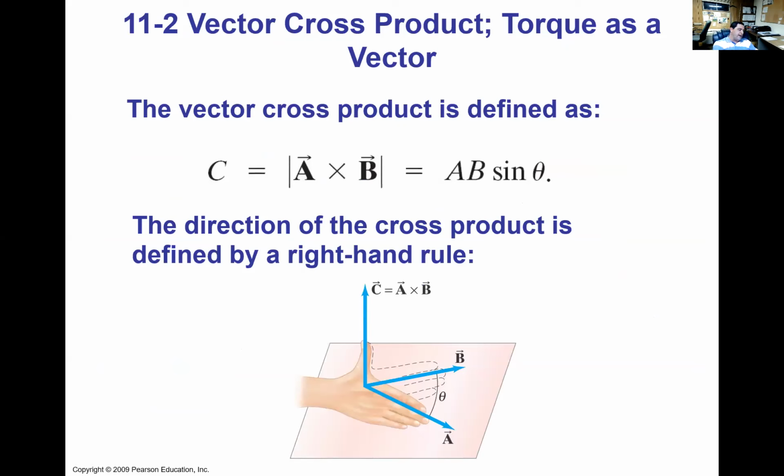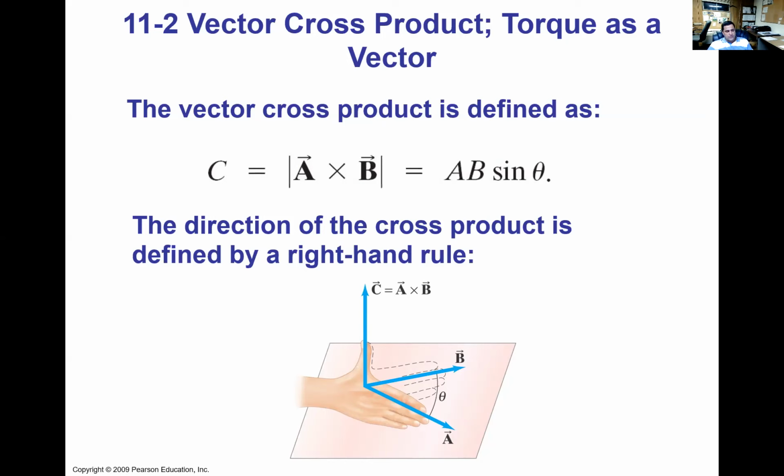So if you've had Calc 3, this is going to be somewhat boring. Or at the very least, it will end up being a little bit of a review. So you have the vector cross product. If we look at torque as a vector, it has magnitude and direction. So if you do vector cross product, C is going to be vector A crossed with